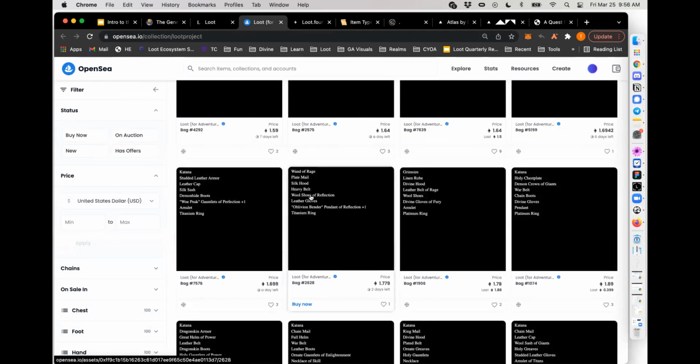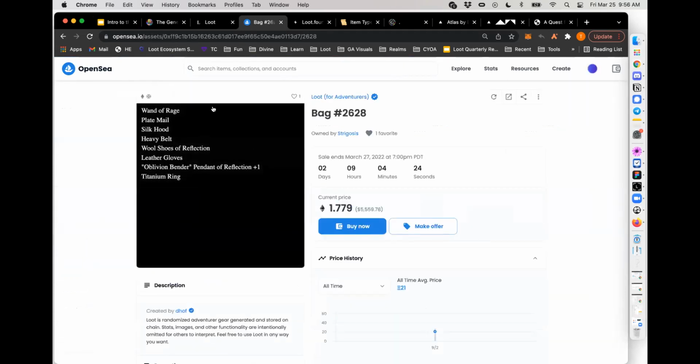These are not just random collections of fantasy items. Inside these loot bags, they look random, but in lore form, if it's random, it must have come from somewhere. If this bag is full of 8 items, where did these items originate from? And we set out on this quest to figure out what was the origin state of the Lootverse. What was the original form of these bags in lore form, before they were traded and used in wars and battles and passed from father to son and mother to daughter over the years? Where did they come from?